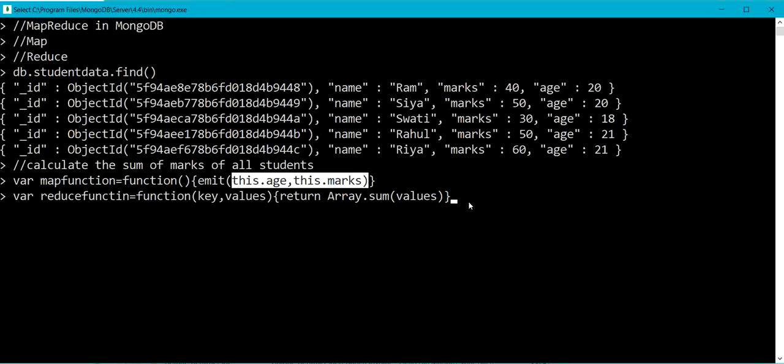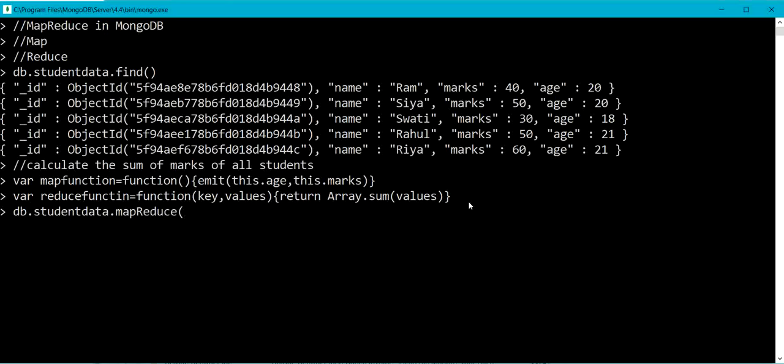So let me use MapReduce method over here. So I need to write db dot student data dot MapReduce.